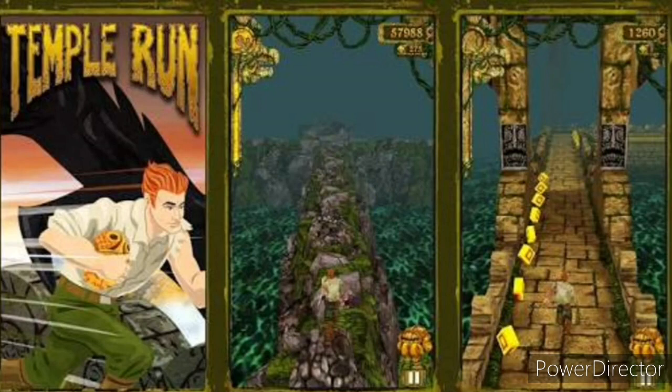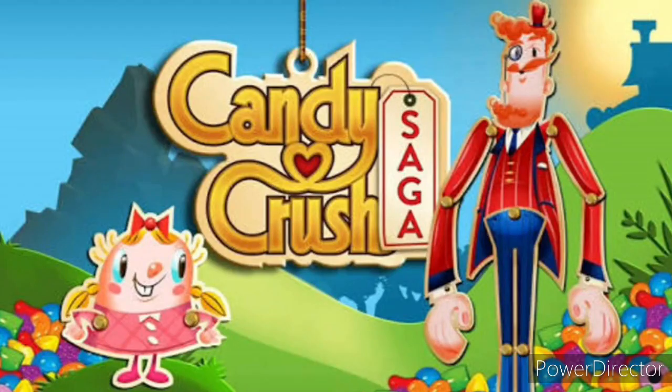This is a game. This is called the Temple Run. So we have games as examples of application software. This also is a game which is also an example of application software. This is Candy Crush. Other examples of application software includes